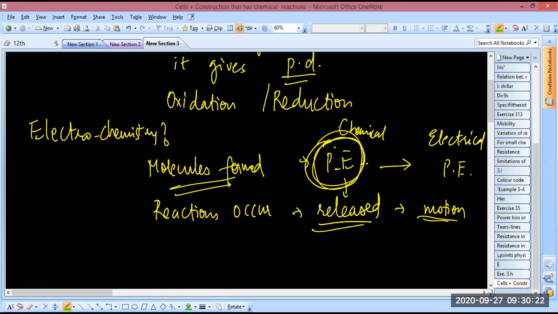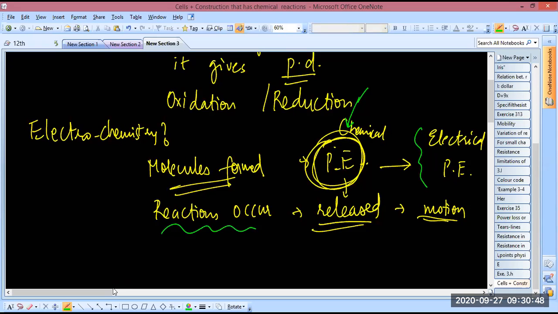We will not go on this side. I'll make it very clear, we will not go on the chemical side. But I can at least give you the basic idea. In the molecules there is chemical potential energy stored, which is due to the atoms and all that, bonds and everything. And when some reactions occur, that energy is released, and finally it shows itself as